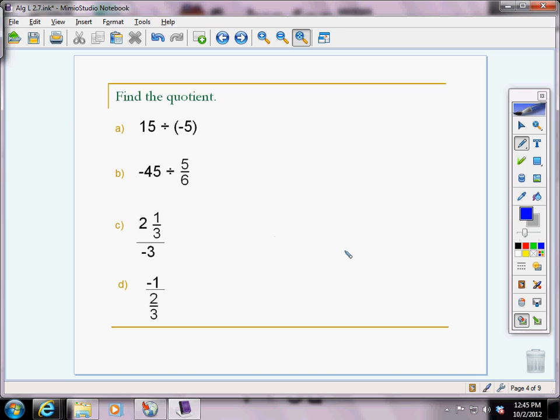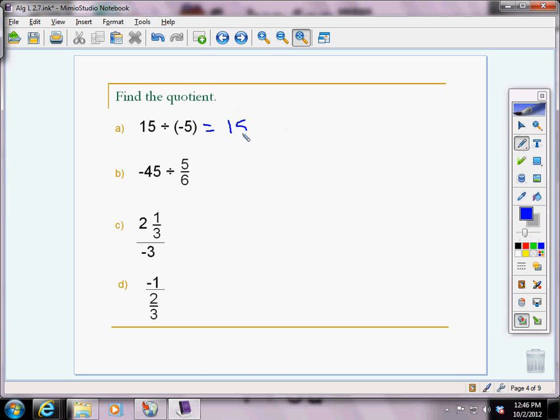If you find the quotient, we have 15 divided by -5. Don't think that that is a totally different problem. 15 divided by -5 is still going to be -3. But if we want to think of it in terms of multiplication, we can rewrite this